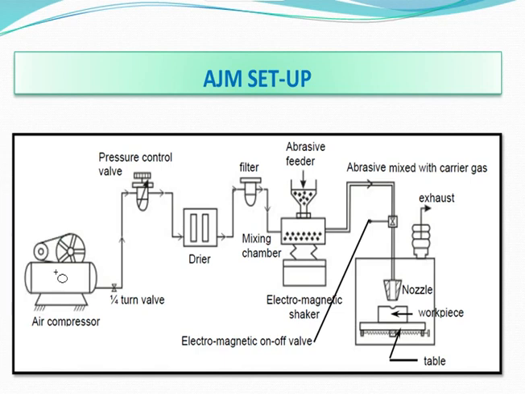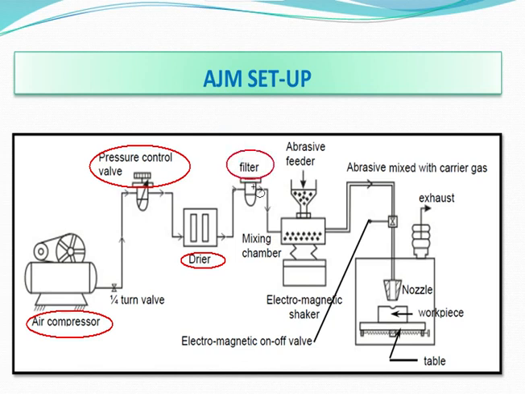If I go with this one, first of all you can see that you are using an air compressor, isn't it? This air compressor helps you to compress the air. With the help of the pressure control valve, it allows the flow of air to pass, and in the dryer it makes the air dry, I mean removing the moisture from the air so that the mixture does not get affected by the moisture present in the air. After that there is a filter, and through this it proceeds to which chamber? It proceeds to the mixing chamber.